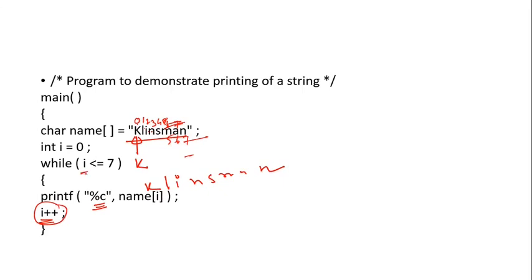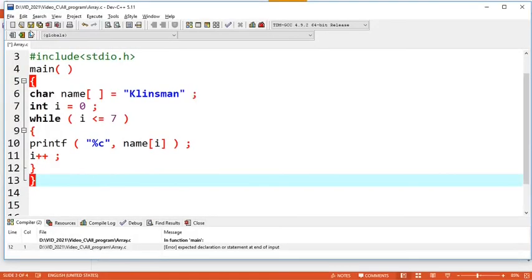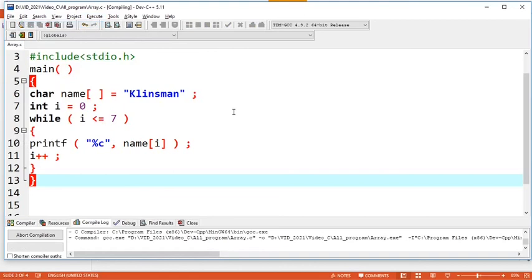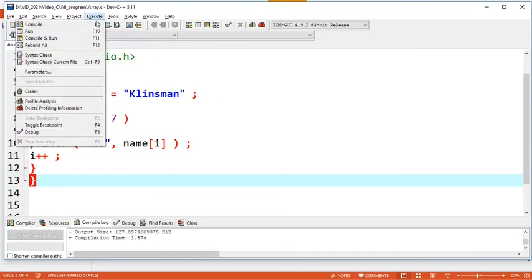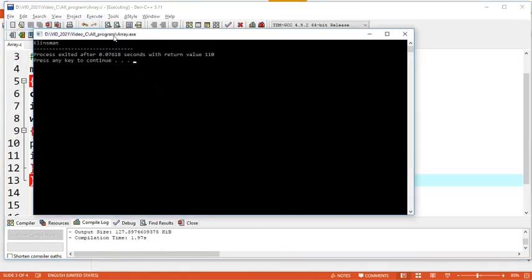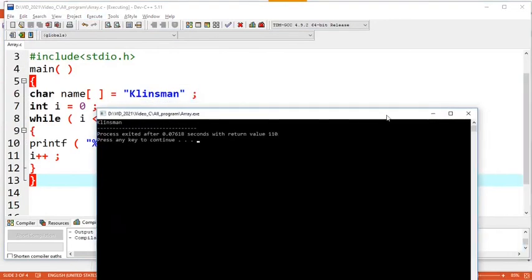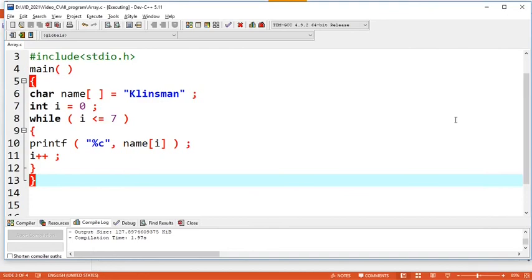Once i becomes greater than 7, it will come out. So this will print the given string. You can see here Klinsmann has been displayed. So this is what a string is. I think you understood what a string is.